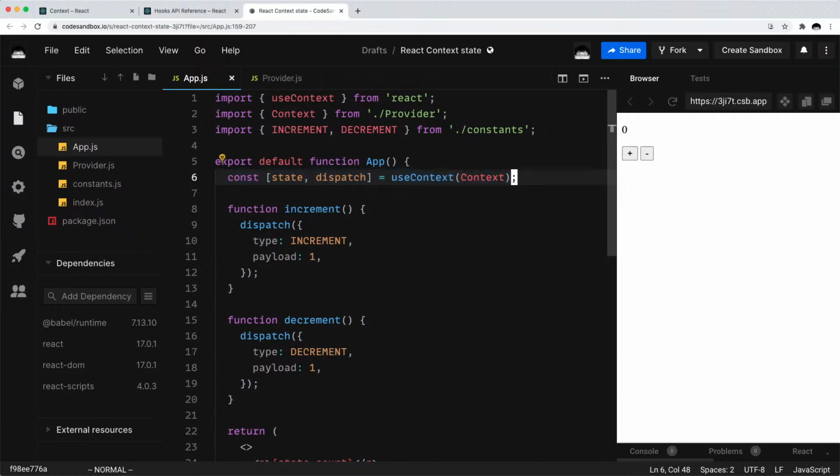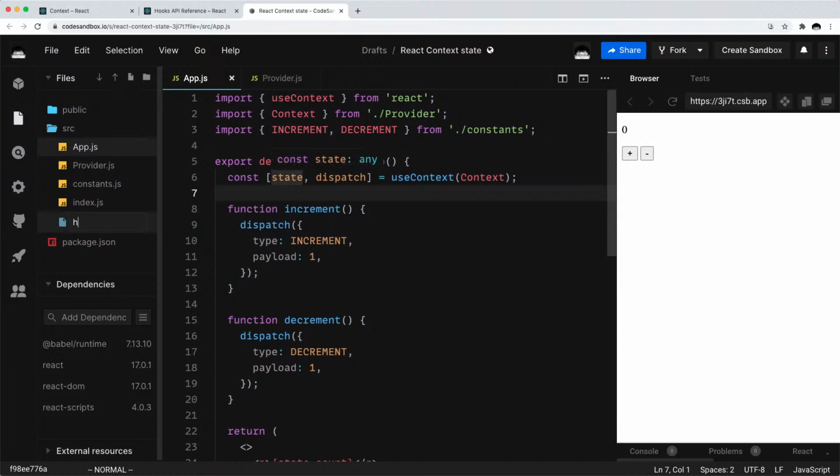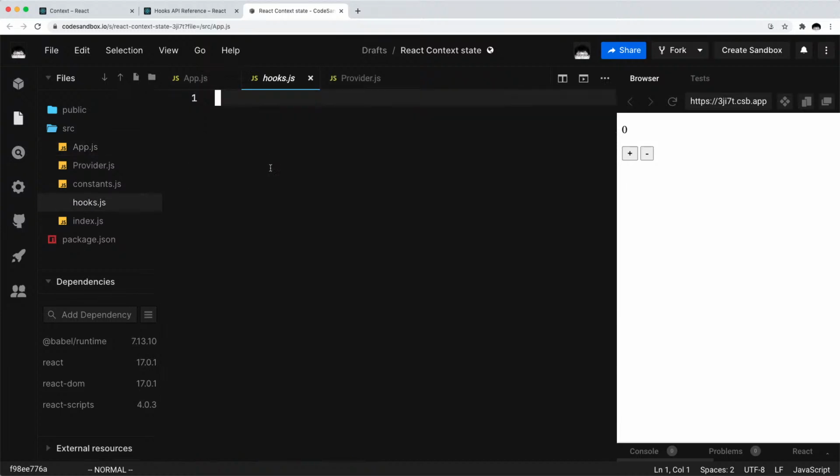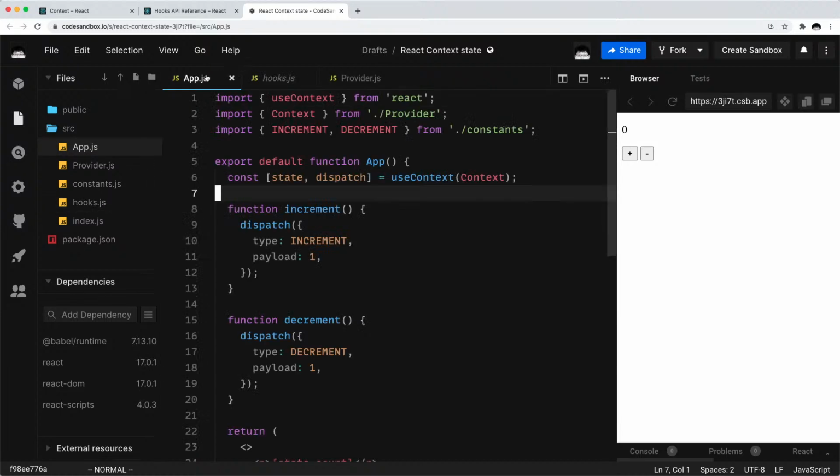refactor the useContext. If you're doing this a lot in different components, you can also refactor this to your own custom hook. For example, you can create a useStore hook so that you don't have to constantly import the context as well as the useContext from React to do it. So let me actually do that as a quick refactor as well. And I'll create a hooks.js file. And then in the hooks.js file, let me